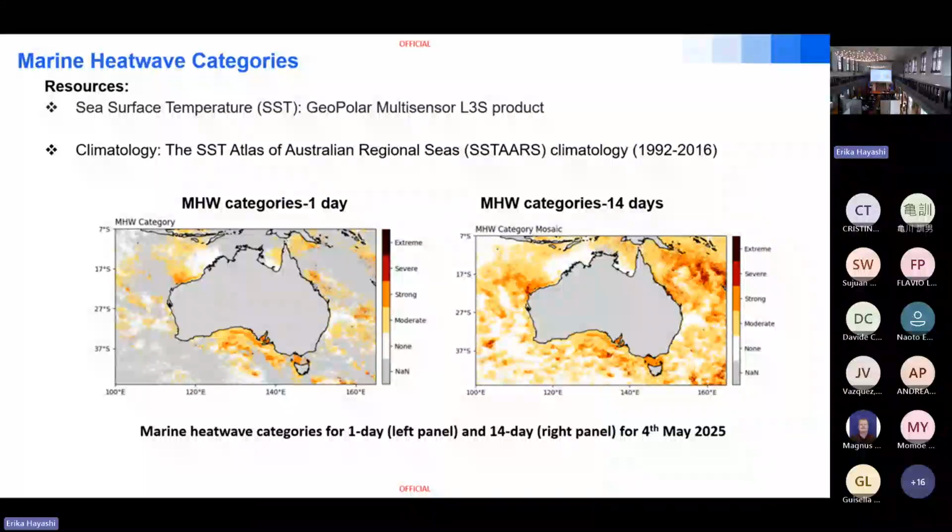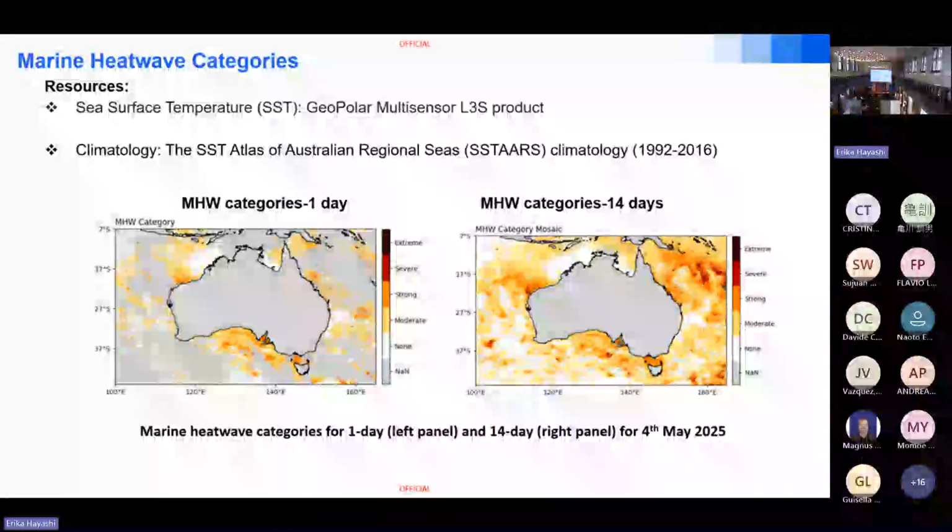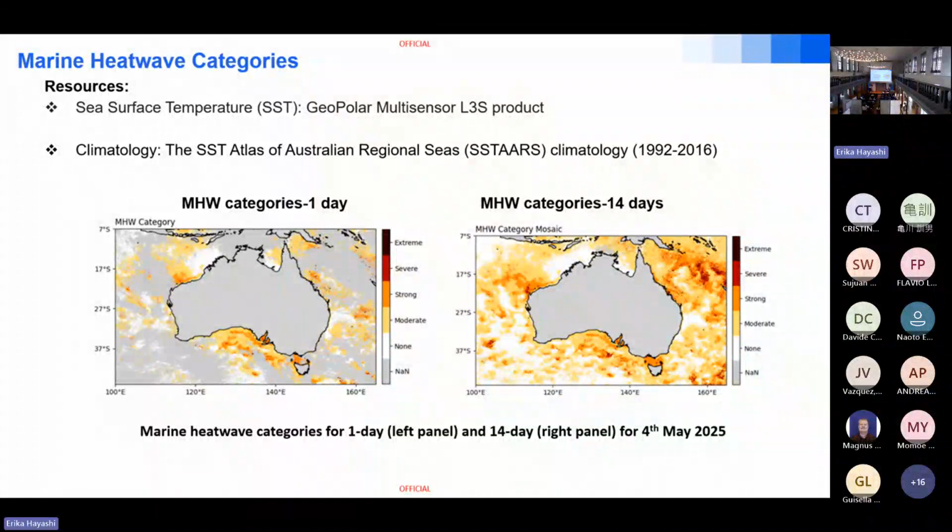This is just 4th of May, one random day. The gray color there is where there is no data available. White color is no marine heat wave conditions, and then from yellow to red is ranging from moderate to extreme